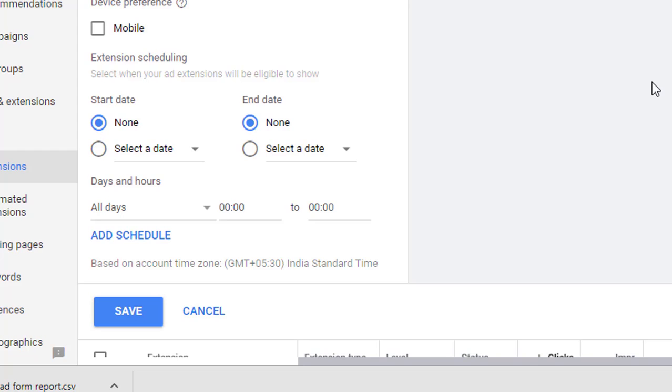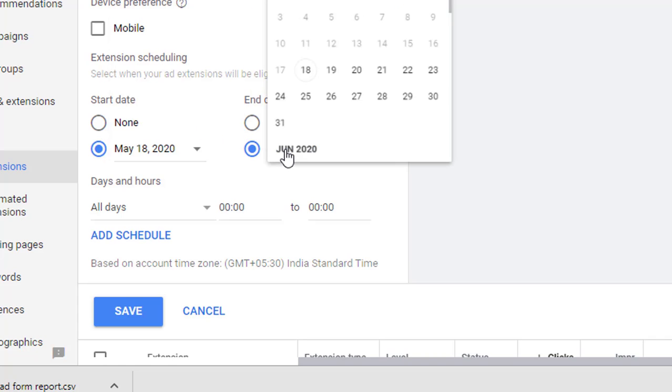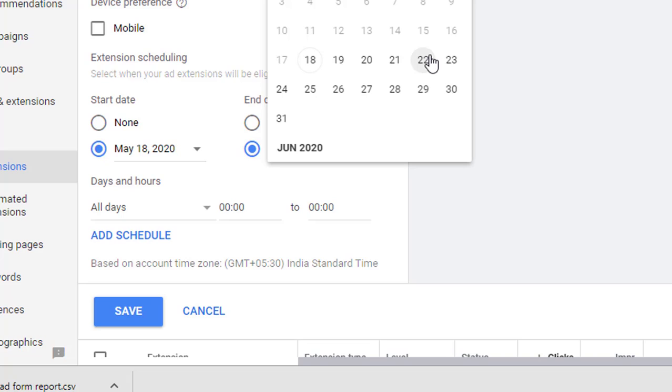All this I can fix within the call extension scheduling part. So let's go ahead and see how it goes. I'll select a date, let's say today's date, and then the end date, let it be 22nd.